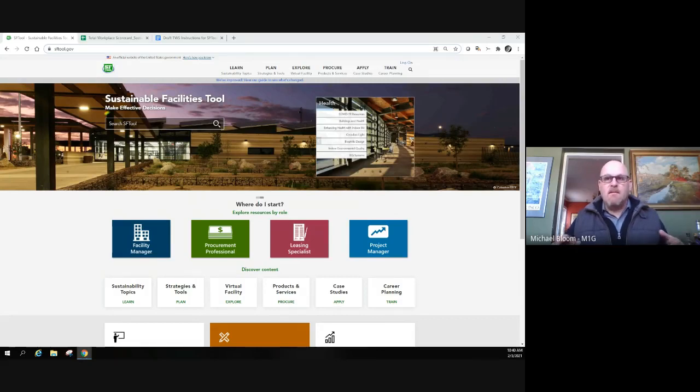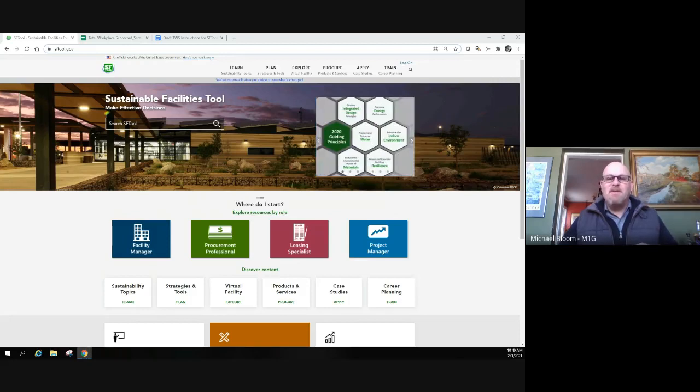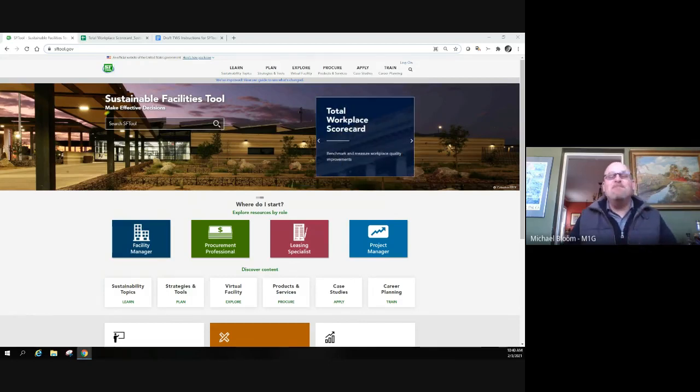So the plan for this 90-minute session is as follows. We'll do the sprint SF tool review first, then we'll dive into the Total Workplace Scorecard. We'll talk about what it is, why it's on SF tool, how to use it. I'll actually walk you through how to find it, log in, create a scorecard, clone a scorecard, complete one, and